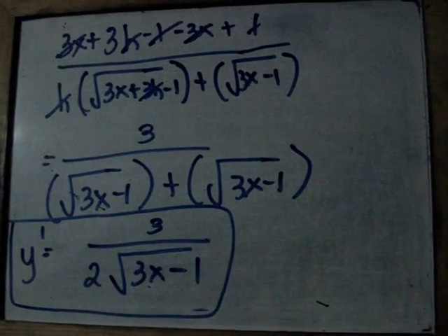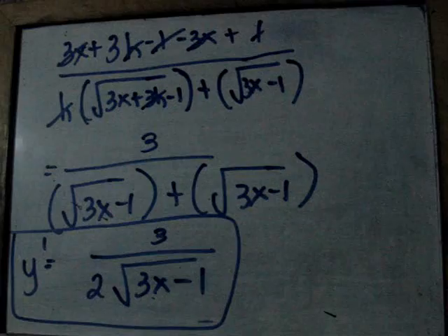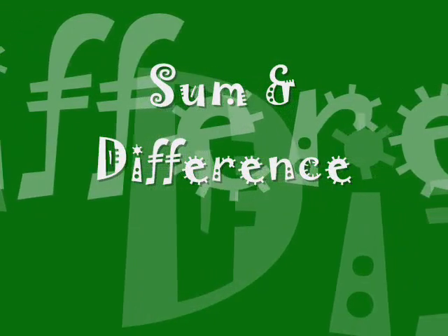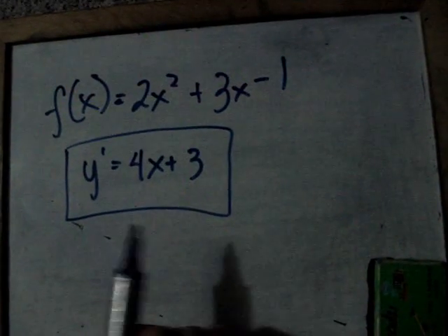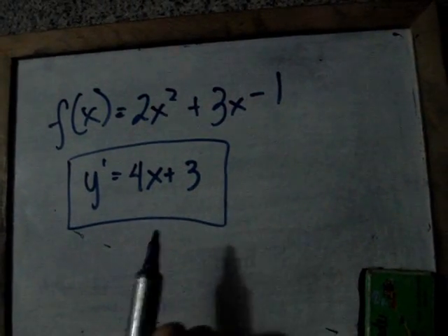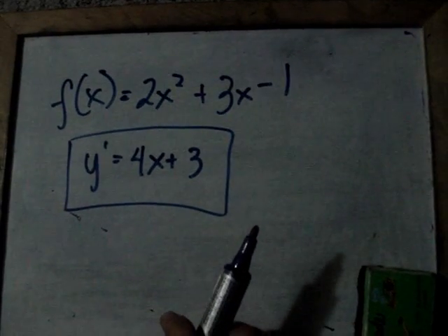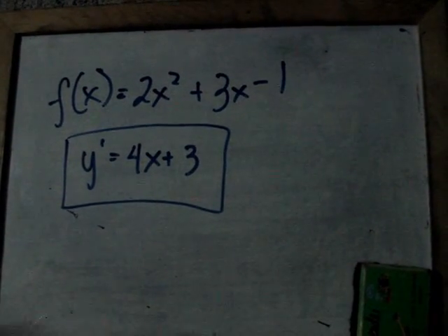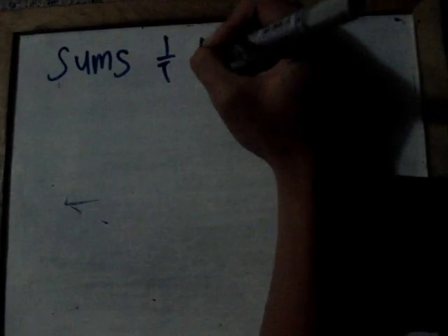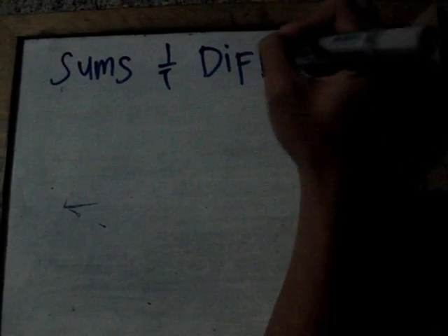So again, the process of finding the derivative is called differentiation. Before, we got 4x plus 3 as the derivative of the function 2x squared plus 3x minus 1. We can make the equation simpler in finding the derivatives. We can simply use the derivative of sums and differences. In finding the derivative using the sums and differences, the steps are: